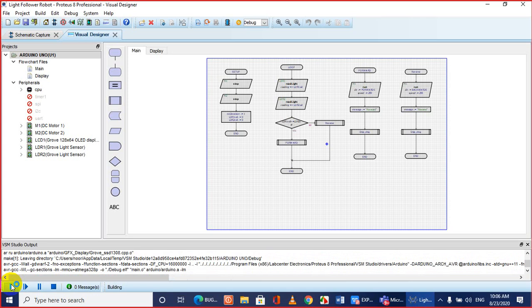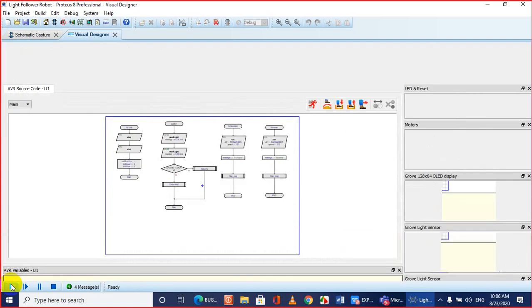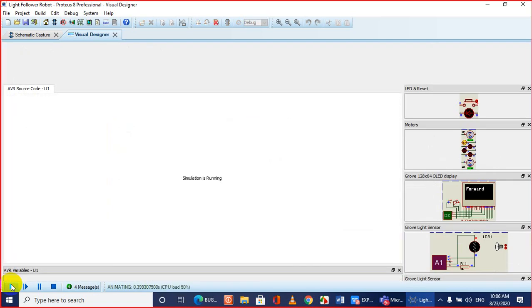Still it is compiling. I think it is done. Compiled successfully. Let's see. Yes, it is working.